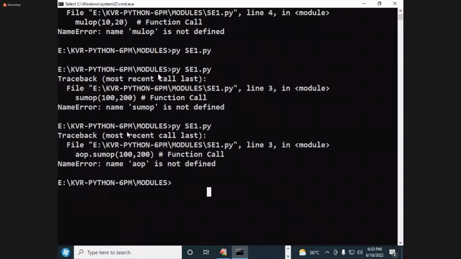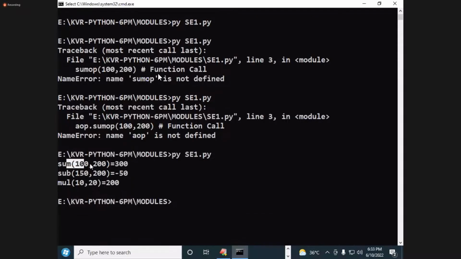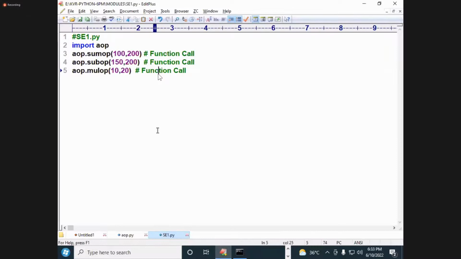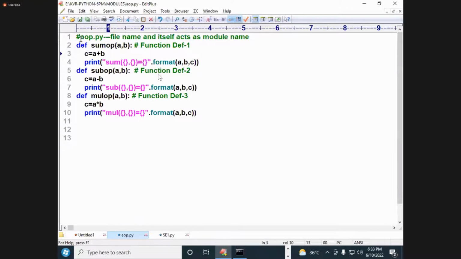Now you execute. See the answer now. Happily the answer is coming or not? Sum, sub, and then multiplication. How is it acting? Once you treat your file name as a module name,